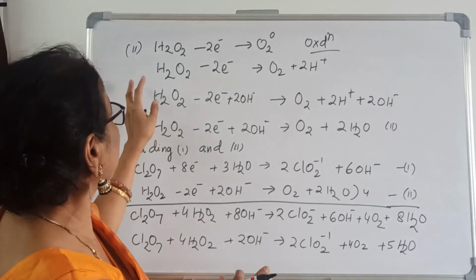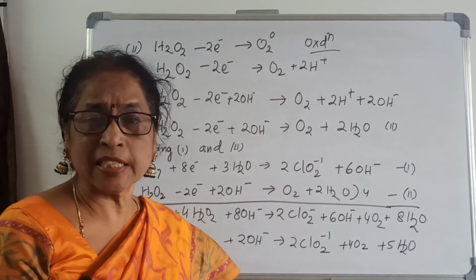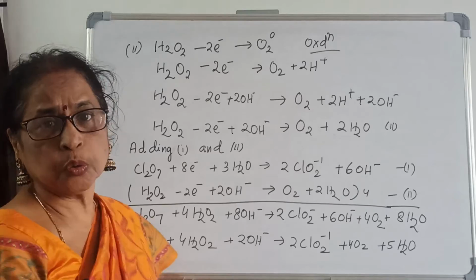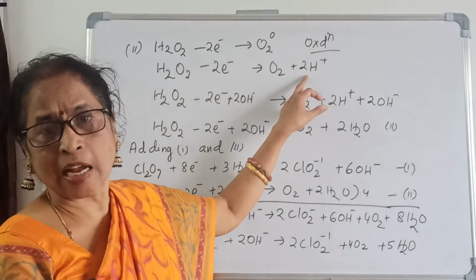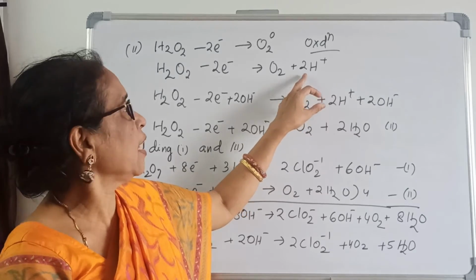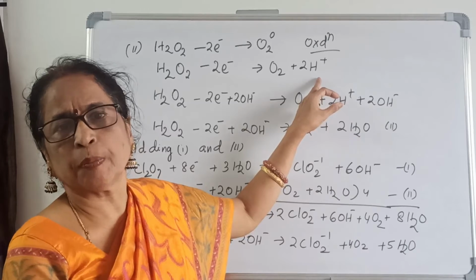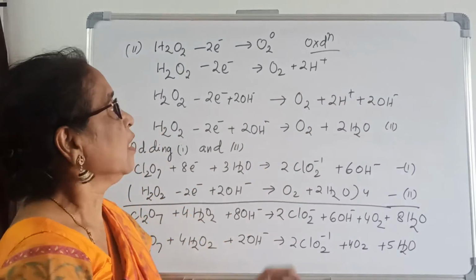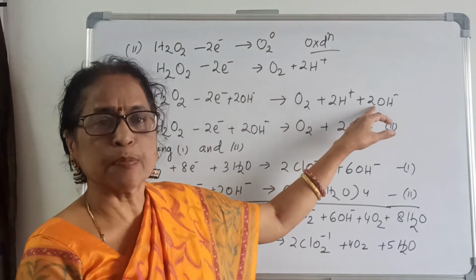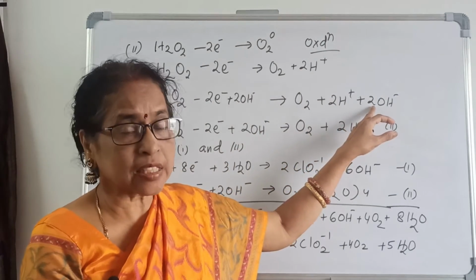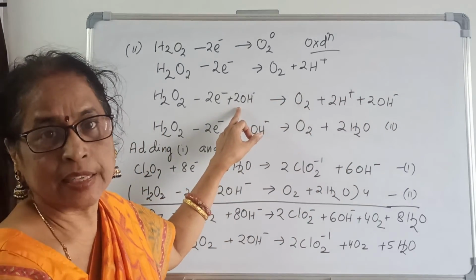here. Now here hydrogen, oxygen, and electrons are balanced, but since it is basic medium, what to do? I told you for basic medium, which side are the H plus ions on? How many H plus ions are there? The same number of OH minus should be added on both sides. 2 H plus ions on the product side, that is why 2 OH minus will be added on the product side, and by the side, 2 OH minus will be added on the reactant side.